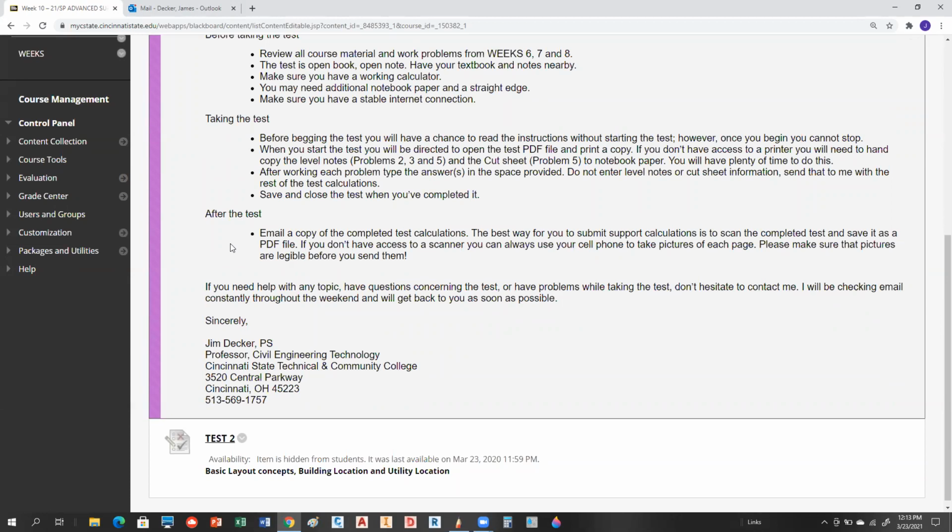So one PDF file is a lot better than like 6 different photo pages or whatever it takes. Okay, but I'll accept either or. That's not a big deal. I know everybody doesn't have scanner capabilities, so that's not a problem. Okay, so the test will be over